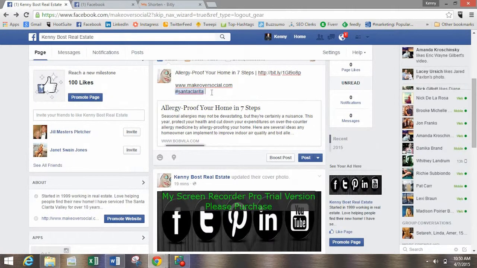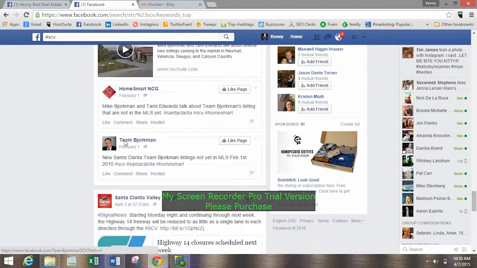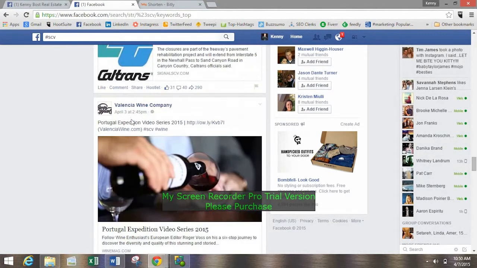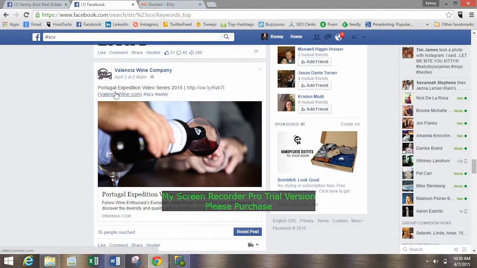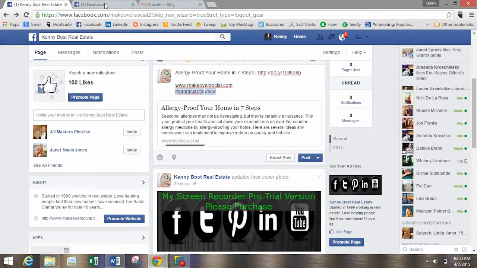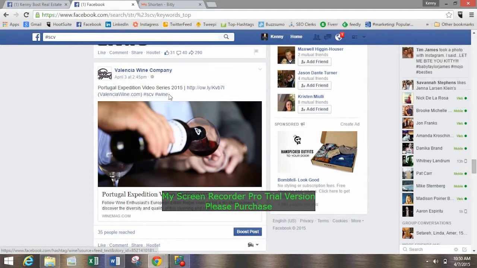So we go back to our original post, hit hashtag SCV, and now it has this blue highlighted area because basically that's going to be a link. When we post this, people can click on that hashtag, and it's going to take them over to this page that has a list of everything about that hashtag. See how on here we've got hashtags. These would normally be highlighted blue, just like they were right here, but now that it's been posted, they've just become links.